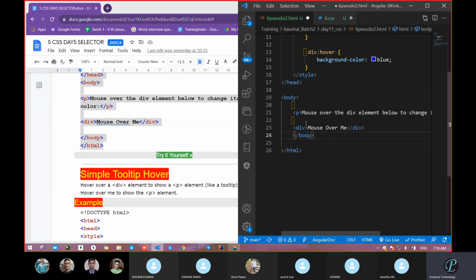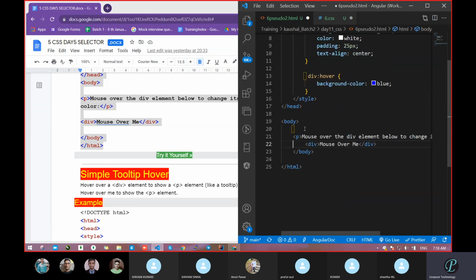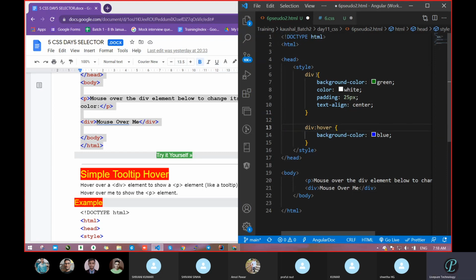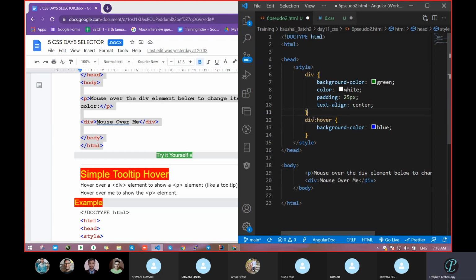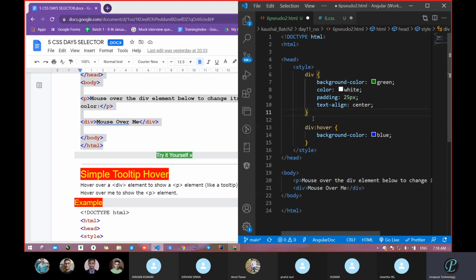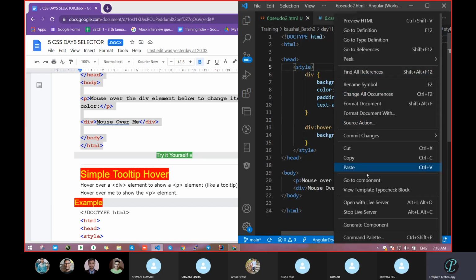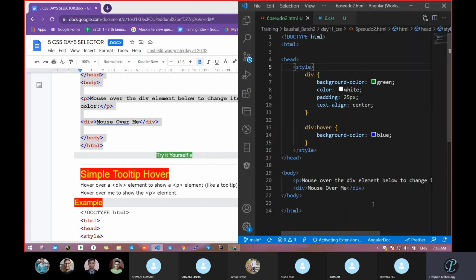If you practice, you will get many more doubts also, and it will get clear. Don't think regarding your website and all that. Once you get clearance over this completely, that will also come automatically. Open it with live server.